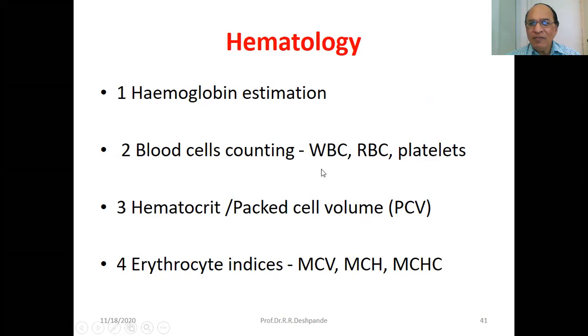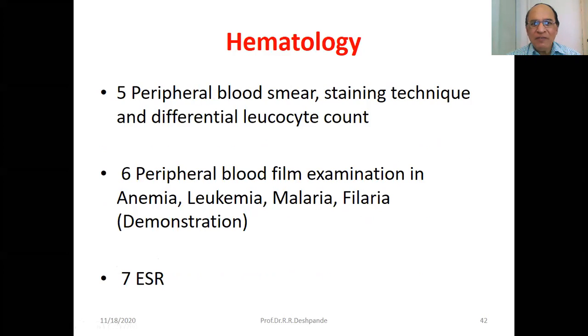Blood cell counting: white blood cells, red blood cells, platelets. Hematocrit, packed cell volume (PCV), erythrocyte indices: MCH, MCV, MCHC, mean corpuscular hemoglobin concentration. Fantastic names. Hematology, PBS, staining techniques, Leishman stain, differential leukocyte count, peripheral blood film examination in anemia, leukemia, how the